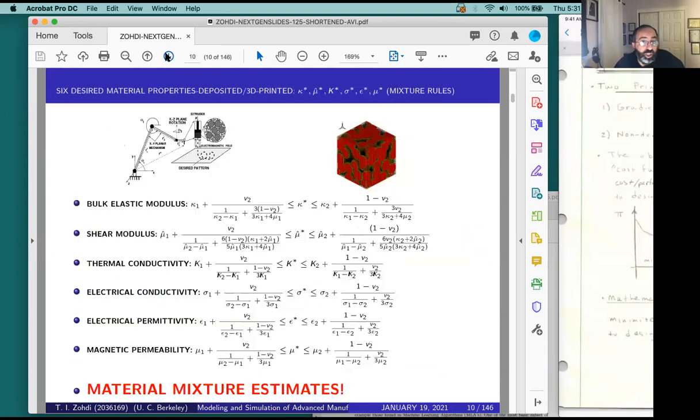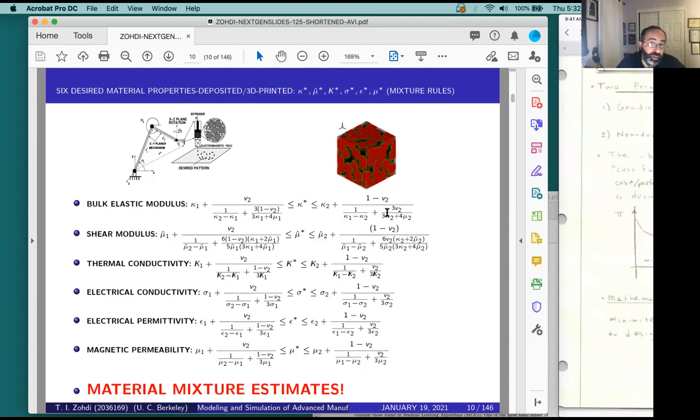So generally speaking, we have estimates for what the properties are for a piece of gooey material with multiple mixtures. And we're going to get to that later in the semester as well. And these are sometimes called mixture rules. They basically tell you that if you want to know, for example, the bulk modulus of the material, that's how squishy it is. Or if you want to know the shear modulus of the material, that's how viscous it is. Or you want to know the conductivity, the thermal conductivity. If you want to know the electrical conductivity, permittivity, you name it, lots of properties, you can estimate what this